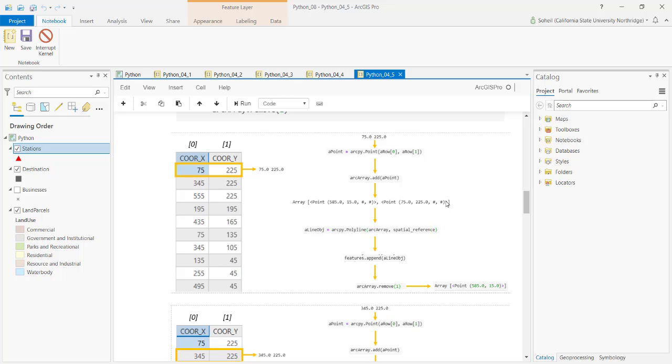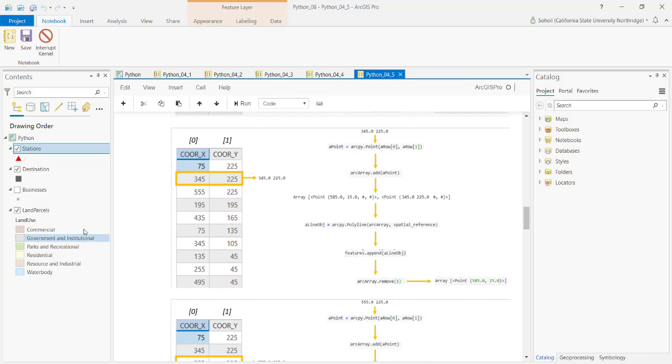It reaches destination to create another line. So I would end up with, again, an ArcPy array of 1 point in it, which would be destination. This is the end of my for loop. Then my for loop goes and